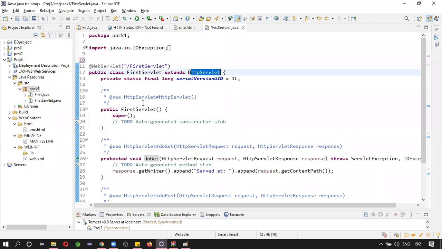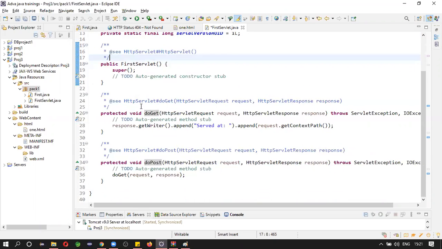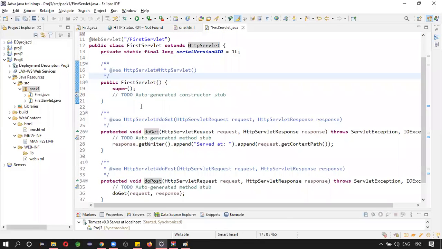So you need not implement the init method, destroy method, getServletConfig method, getServletInfo method. What you need to do is just implement the service method, right?